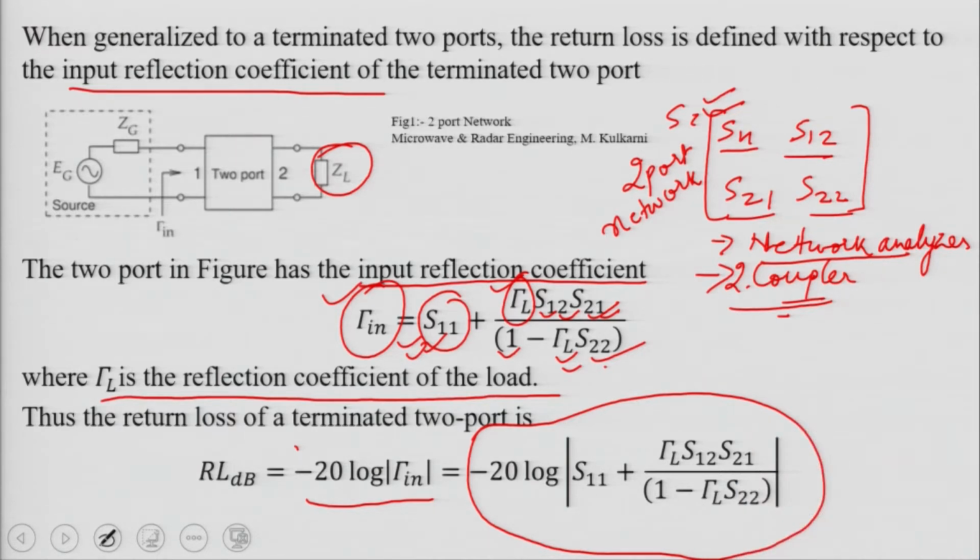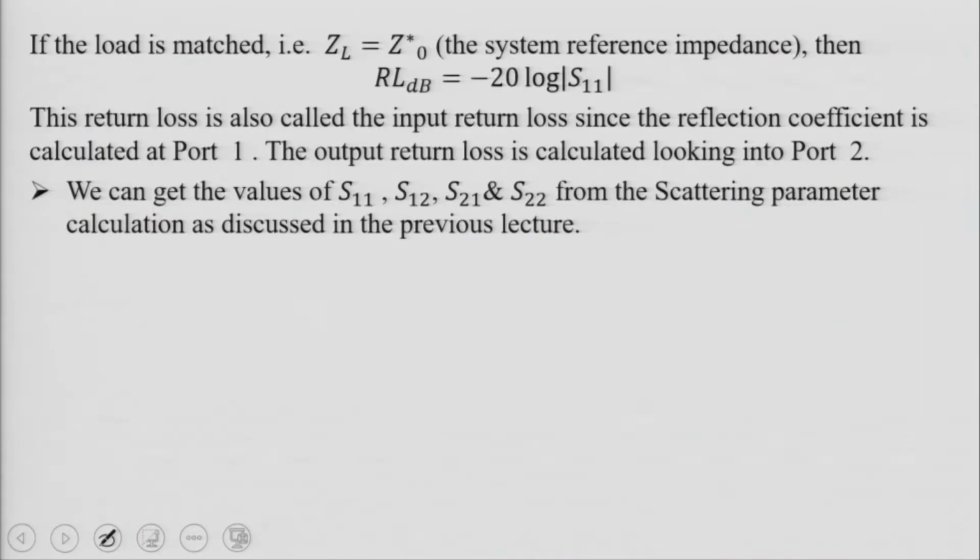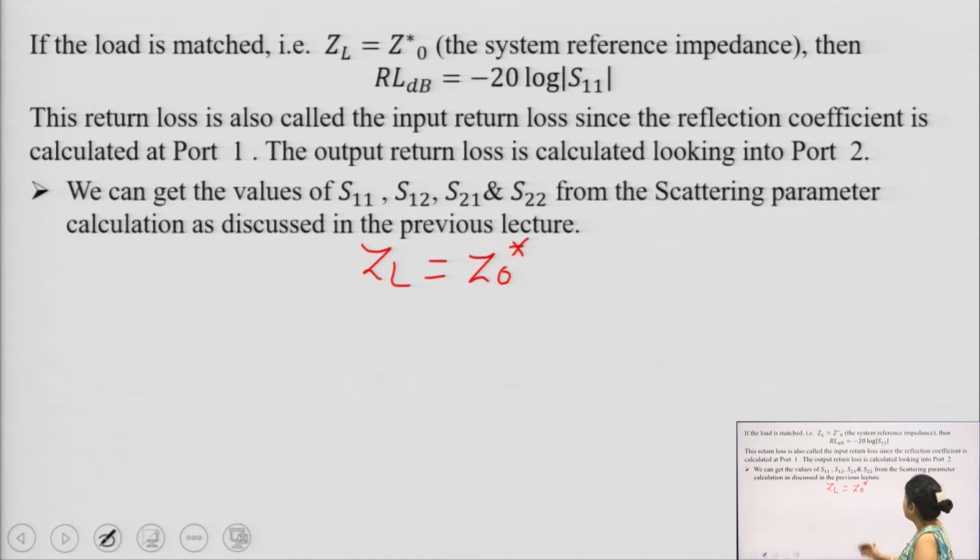This is the general expression for the terminated load, but in the case where the terminated load ZL is equal to the conjugate of our characteristic impedance, or we can say the matched condition, in that condition our return loss is directly